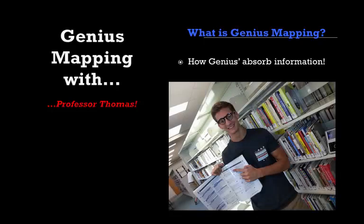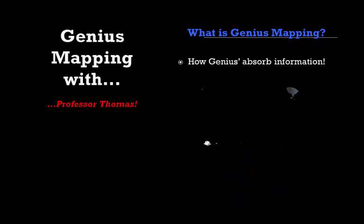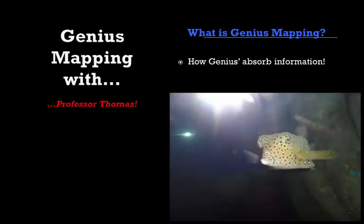First things first, it is not speed reading. It is a technique used to absorb information at a tremendously fast rate. Basically, we use something called cultural coding. Cultural coding is a fancy term for taking things that you've already learned from the environment. That means family vacations, YouTube, watching movies at school, going over to grandpa's house, taking things that you've seen before and trying to relate them to the information that you have in front of you, which is called a reading